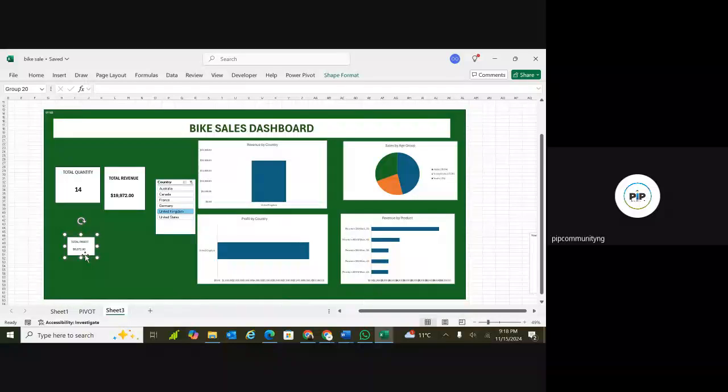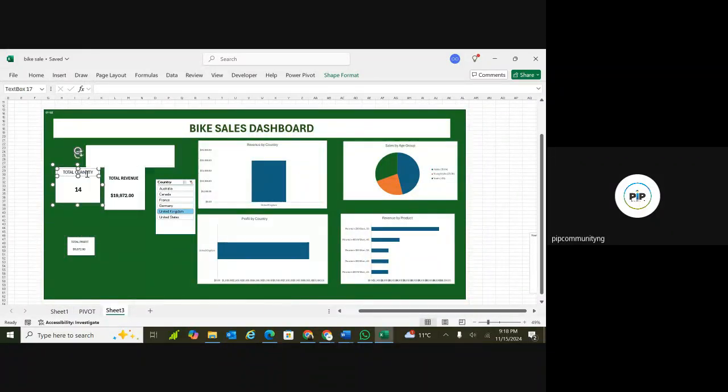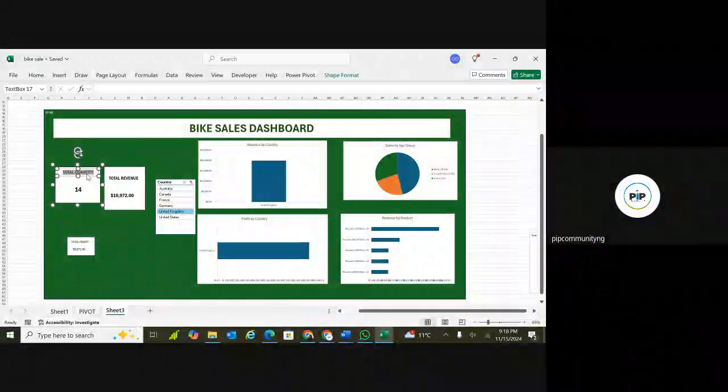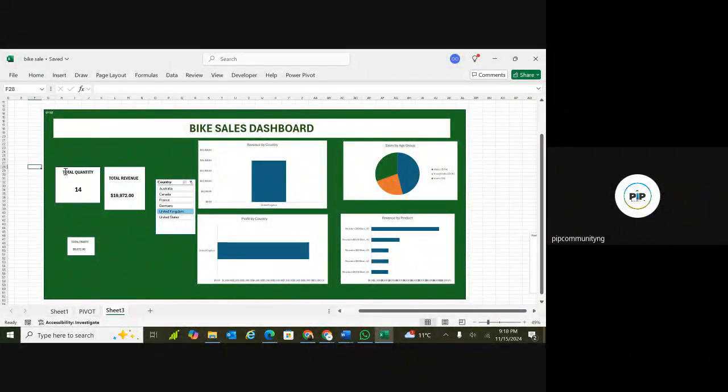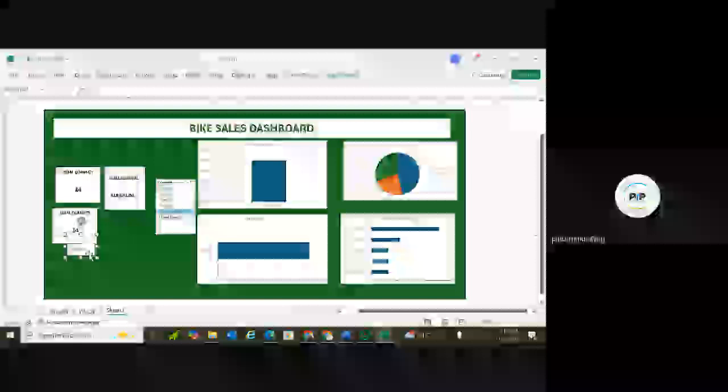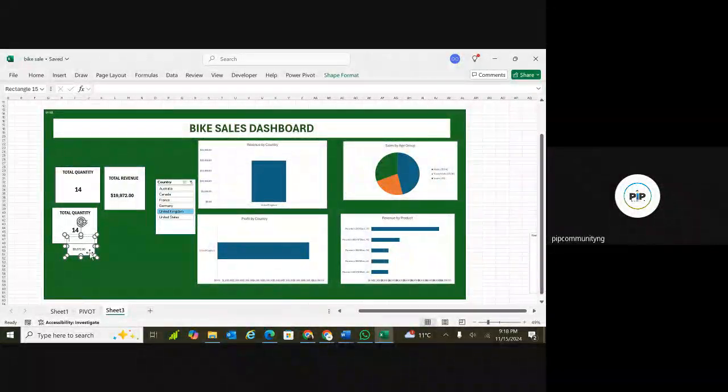Like the way we have total profit here, now we're not trying to edit it. You don't have to do that. All right, so you can just come in. Let me make this bold and suitable for me first. So that's total quantity. What you can just do now is select it once, and then you go with Control D to duplicate it for you. You just bring it here. Let me delete this. That way you don't have to change your formatting. Let me delete this one. I think that is what is left here is